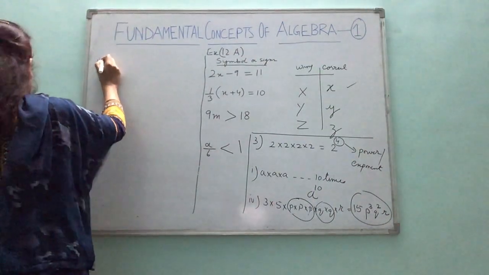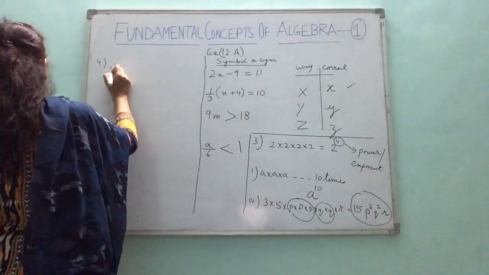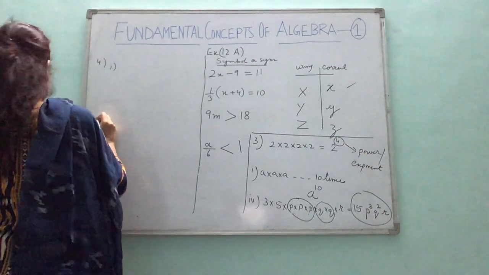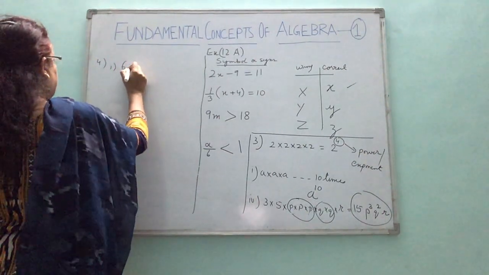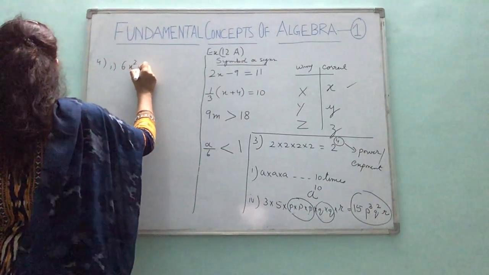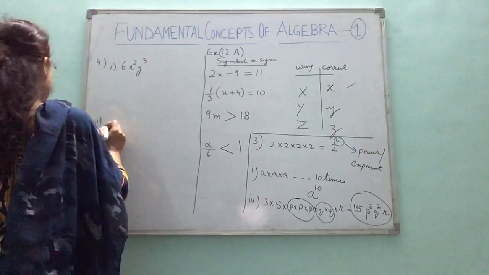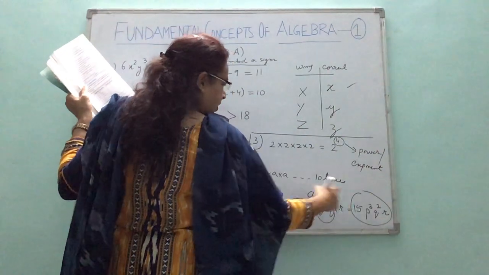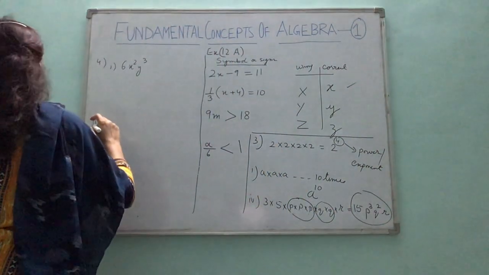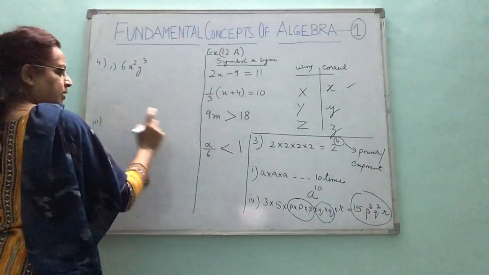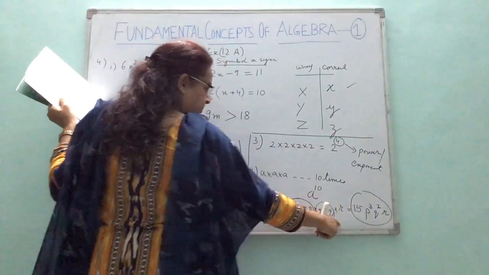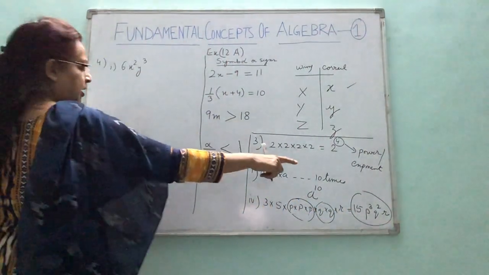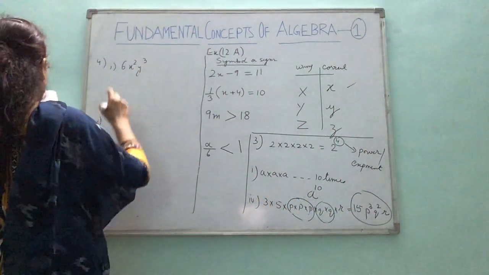Question number 4. I am copying first and third. It is in product form. As we have done, this is product form, and in exponential and power form. And here, this is in exponential form, and we have to write it in product form. Now I have to write, this is there only.